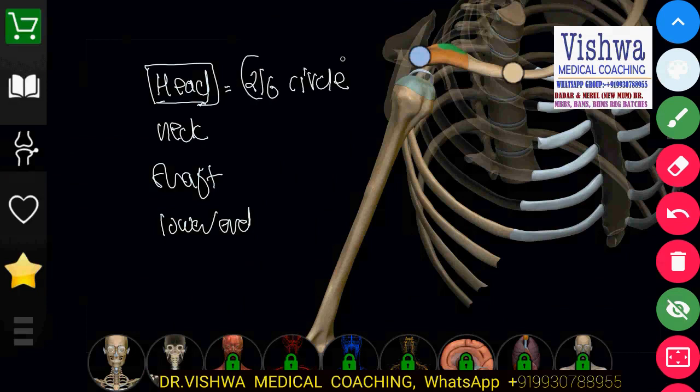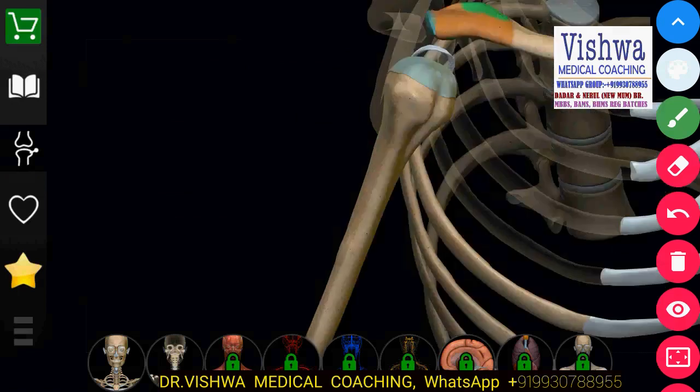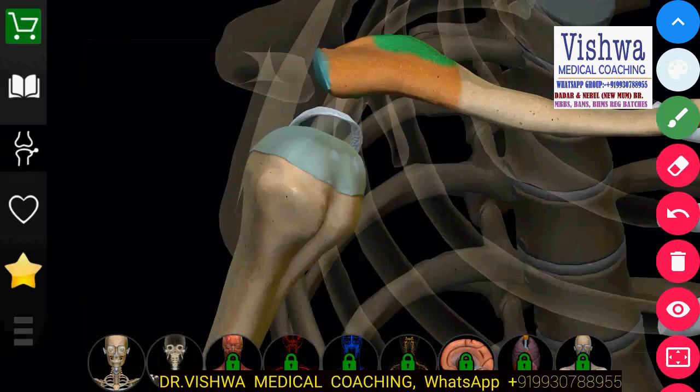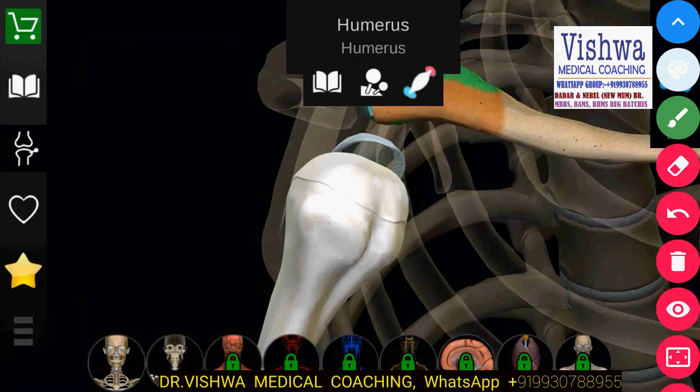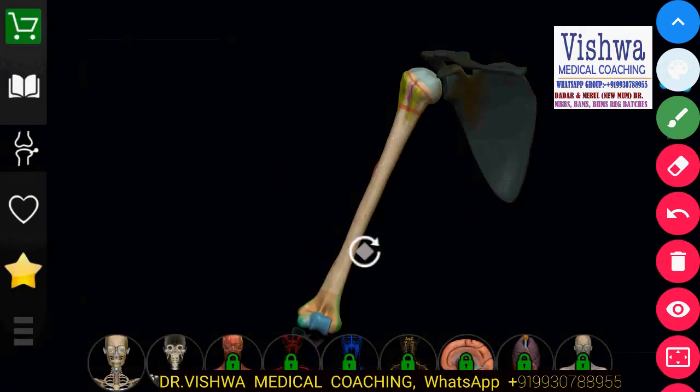It is a very important thing to understand, because of that the joint that is formed with the scapula is comparatively a weak joint, because it is not a complete circle. Only a very small part of the humerus is seen as a head. If you can see, let me zoom this. We have articulations. Okay, so this is the humerus.